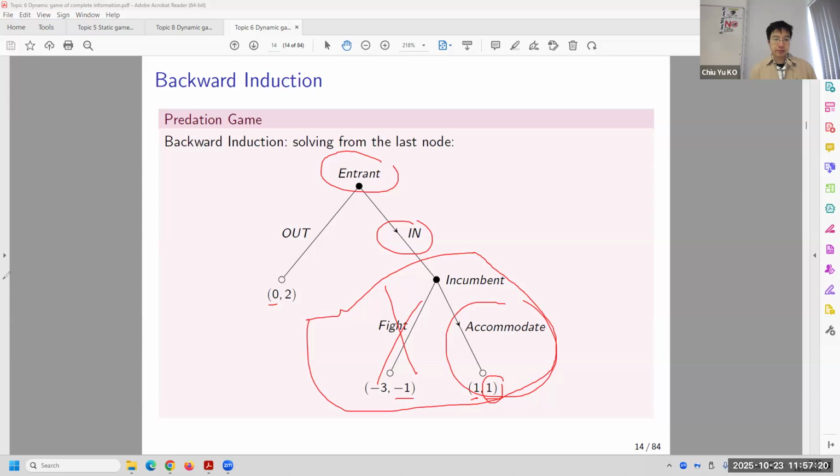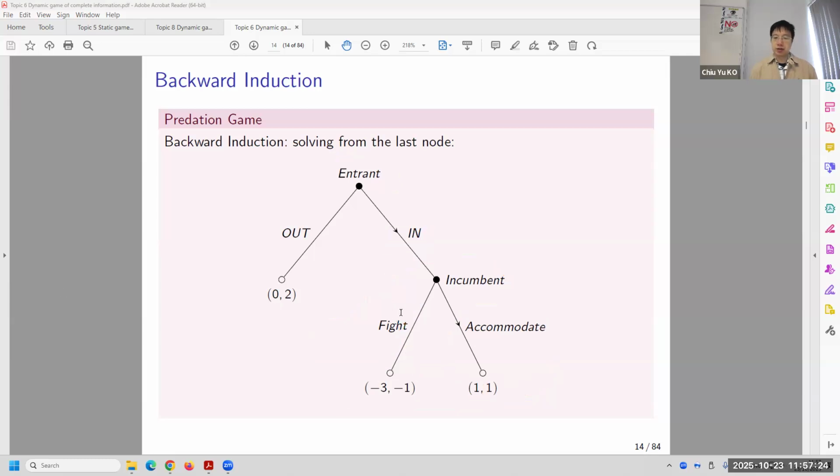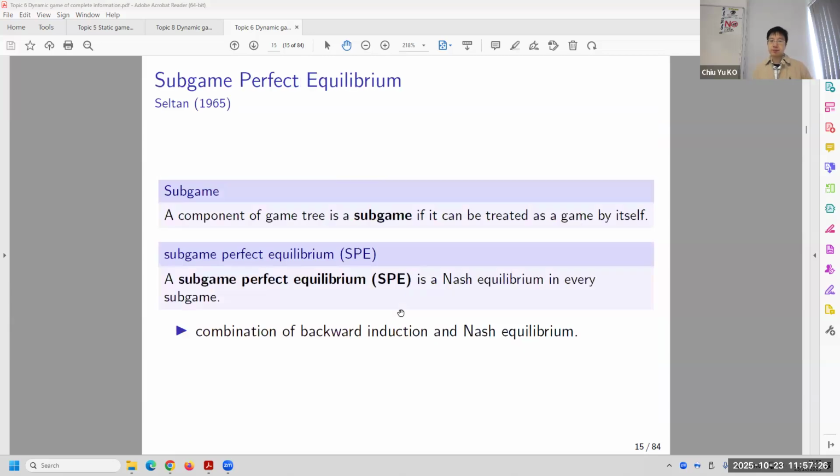But as long as the game has a finite stage, you can do it. Okay. And how to connect this